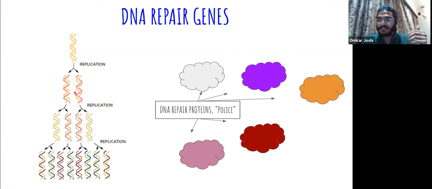So an error which does not get corrected at this stage in, for example, the red strand, eventually gets processed into all of the daughter cells. And if this sort of an error happens in a gene which is, for example, a cancer causing gene, then chances are that all of these daughter cells will carry that mutation and will be sort of precancerous cells. They can lead to a tumor if this keeps propagating and if it's in a gene that can cause cancer.